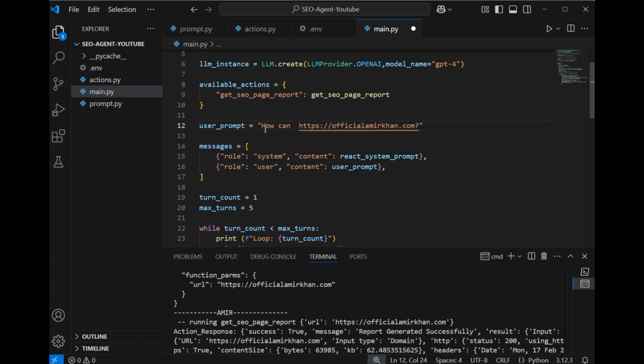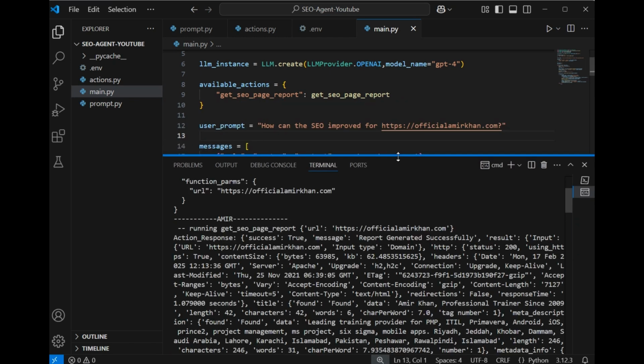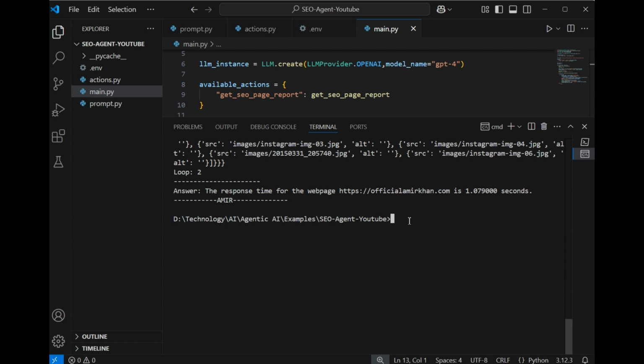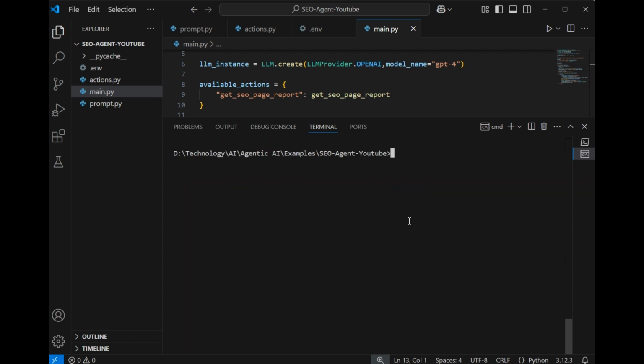How can the SEO improve for this website? Save and again run, because again it is going to get the full report, and based on that it will give us the recommendation. So again, if we clear everything and run the file,